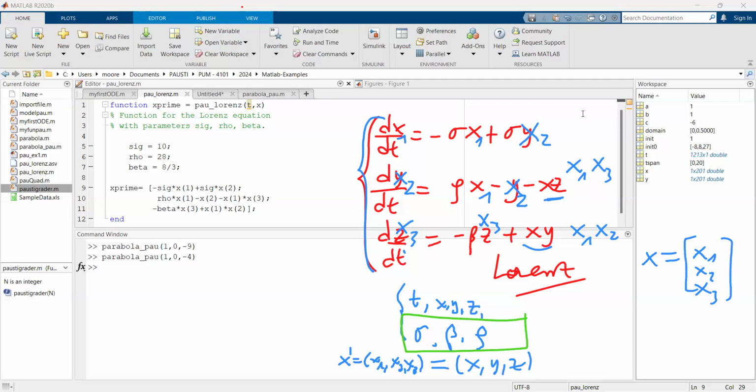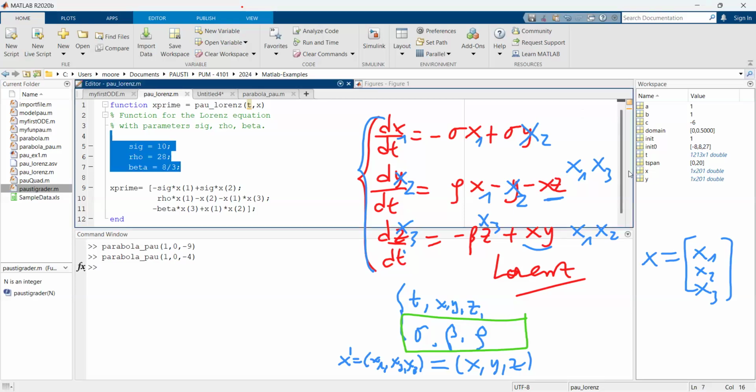Okay, so in that sense, we can rewrite this whole differential equation in the Matlab sense. So we have x prime is equal to power tx, where now we have sigma, which is a parameter here. Sigma is 10. We have rho, which we have given a value of 28. We have beta, which we have given 8/3. And now the equation itself, how do we put it in MATLAB here? So we write